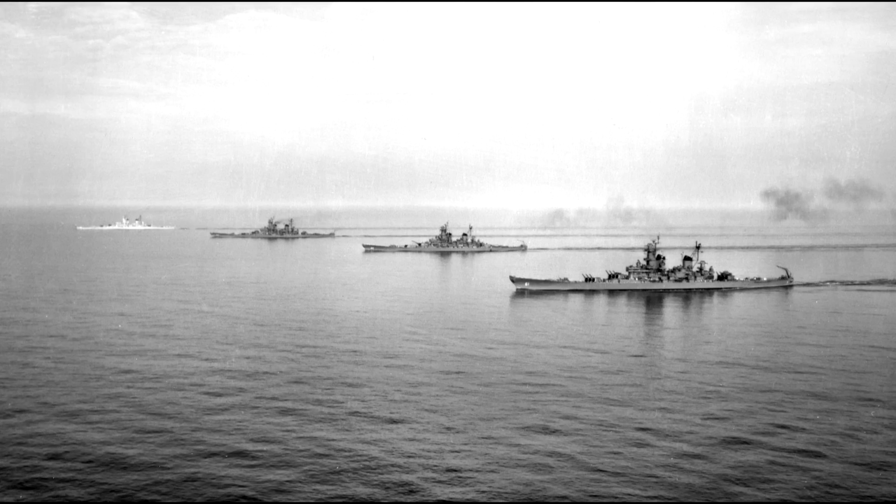Then they're sent back free of the carriers to try and engage Center Force, which of course doesn't work out, but then they go back to escorting the carriers again. But in terms of the general principles of we should line up all our fast battleships and send them out to engage enemy fleets, because, well, they can either run or they can die, I think that could have been a viable move, but it very much depends on when in the Pacific campaign you're talking about, because early on